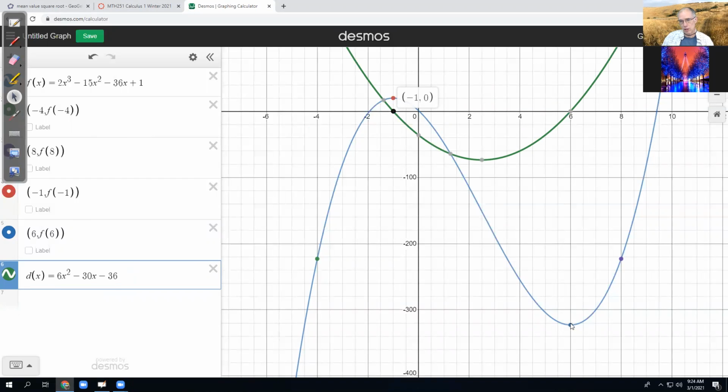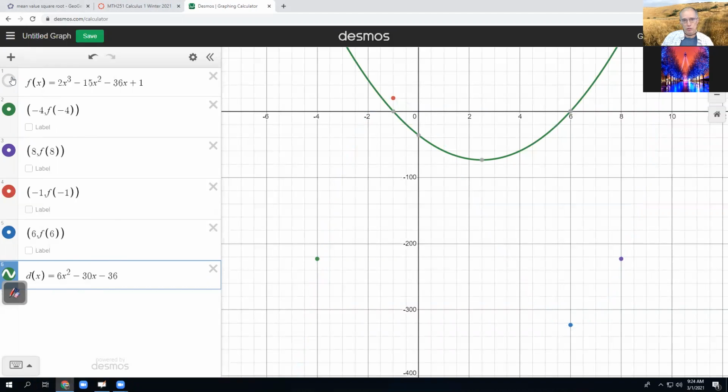And so here I have a horizontal tangent at the blue point, and this has a corresponding 0, the derivative function. So let's turn off the original function for a minute. And I see this derivative function is just some function on its own. It's positive over here, it's negative over here, and so in between it has to be 0